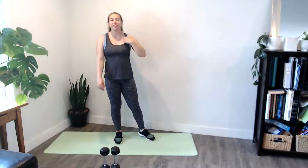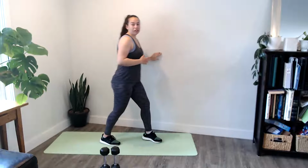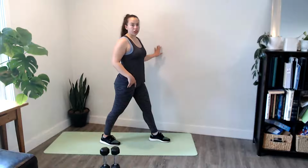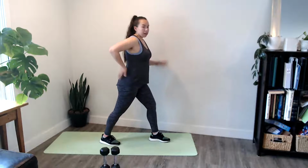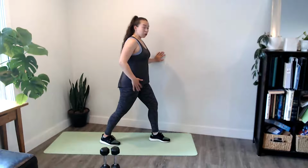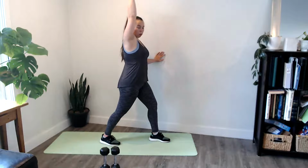Okay. Woo. Welcome back, my friends. So we're going to finish you off with some stretches that are overall just going to feel really good after doing all that stuff. Starting off with our standing hip flexor stretch. So we're going to take this sort of shallow lunge position, shift the weight into that front leg, tilt our pelvis under, so we're getting that nice stretch through the front of the hip. If you want more stretch, you can reach that arm up and above your head, 30 to 60 seconds, and